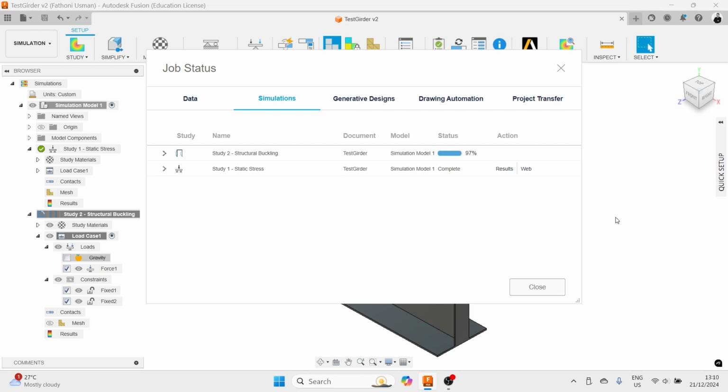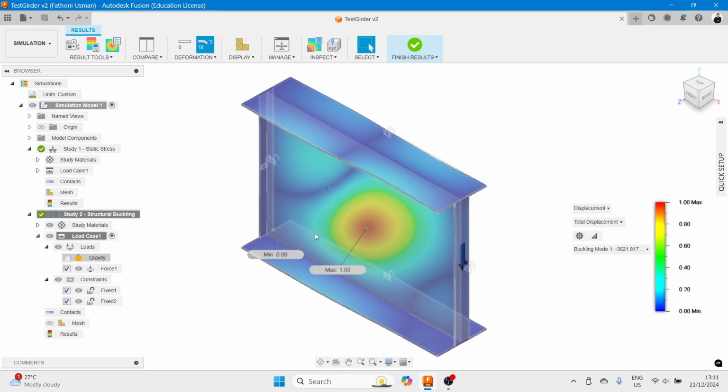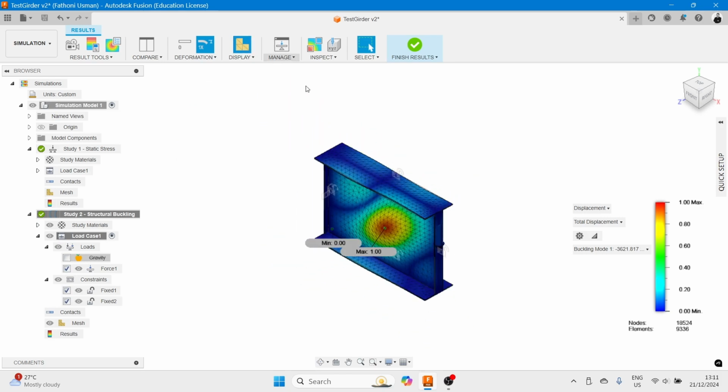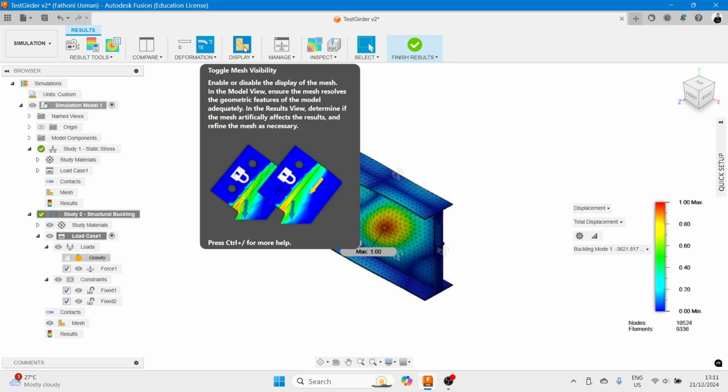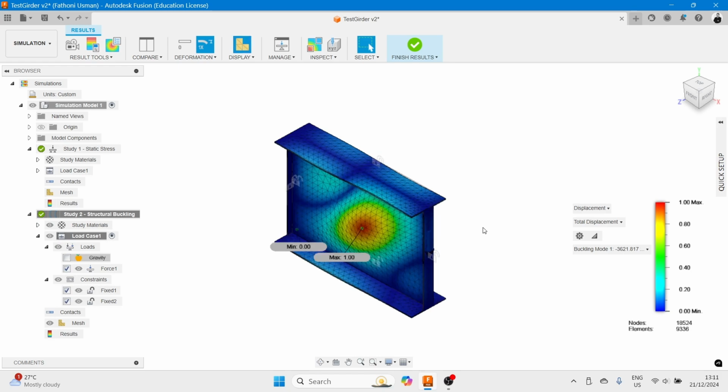You run the linear analysis before you run the nonlinear analysis, especially for plated structures. You run both linear and buckling. The buckling will give you the buckling strength, I mean the buckling load. Then you can assign the load for the nonlinearity based on the buckling load. You can see here it's already done, and then you can close here. You can see the buckling shape appear here. If you want to display the mesh, you can press this button, and then you can see here